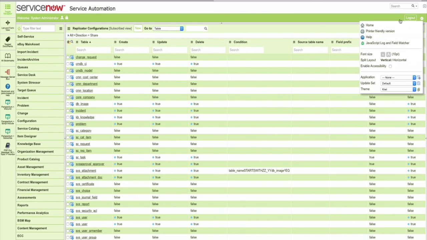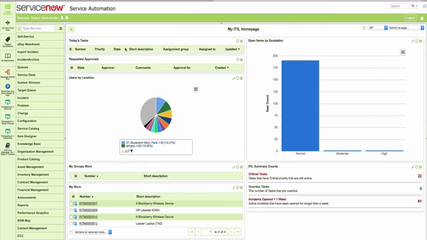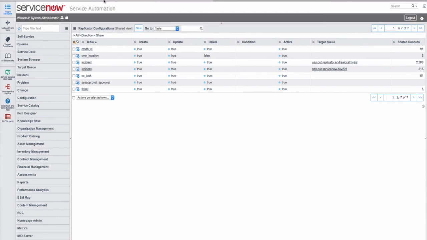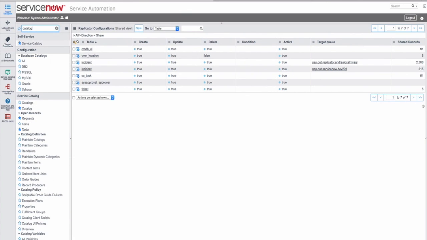I'm going to come over to my queues. I'm going to be looking at a couple of queues. As my user, system administrator, it's going to be a delegate for several users who are going to be asked to approve a request or accomplish work tasks. Currently I have none within my queue. So back here in ServiceNow, I'm going to come over to the catalog, and I'm going to go ahead